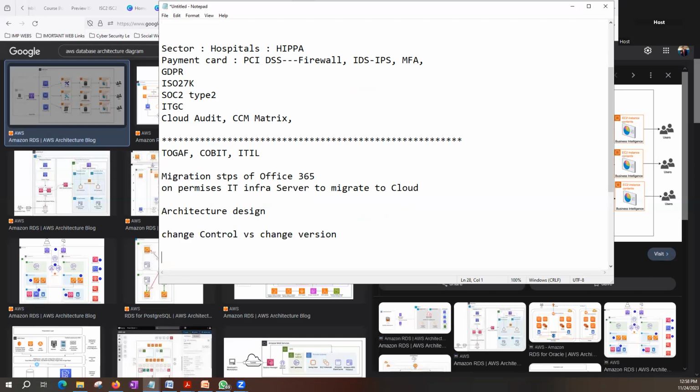Yes, sir. Sachin, anyone try? Change control, I can give it a try, but I'm not sure because I have not worked much on the change. But see,